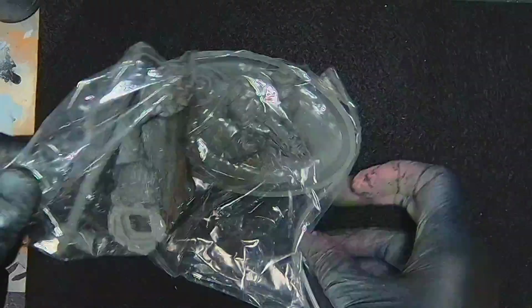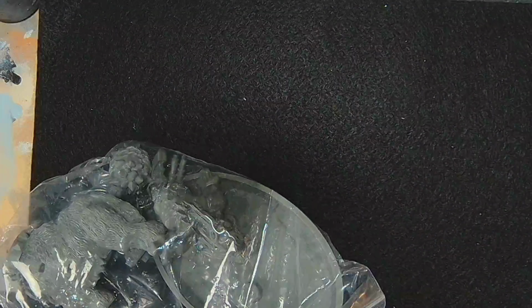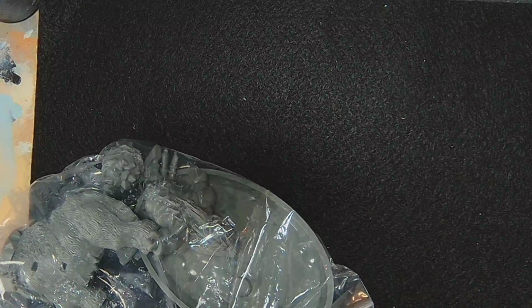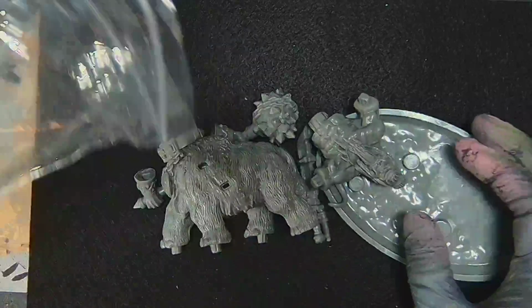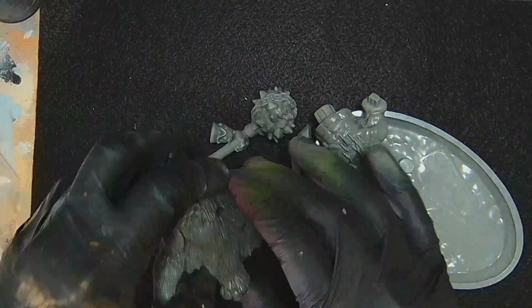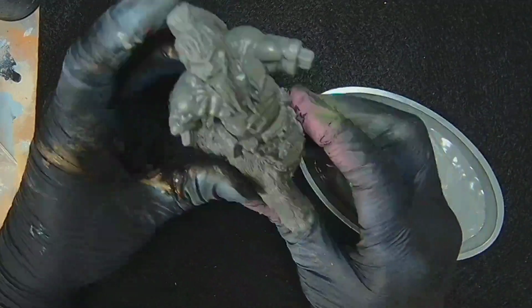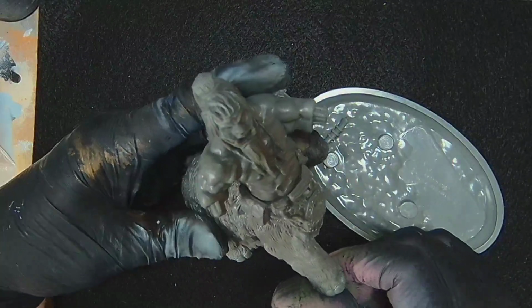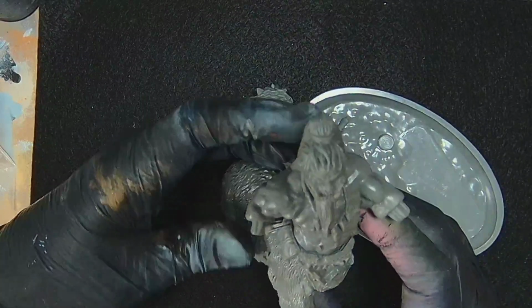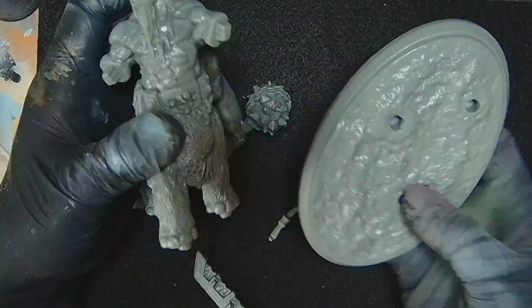Alright. I don't know what this is. I think it's going to be great. And it looks like it might be a centaur, which means I think this is going to be Kragnos. If you're familiar with AOS, there's a character out now called Kragnos, and he's a centaur guy, god of earthquakes. And look at this big boy. So he's got sort of a woolly mammoth centaur build, kind of that Japanese Oni demon face. He's sitting on...